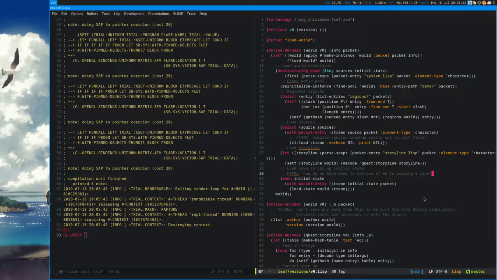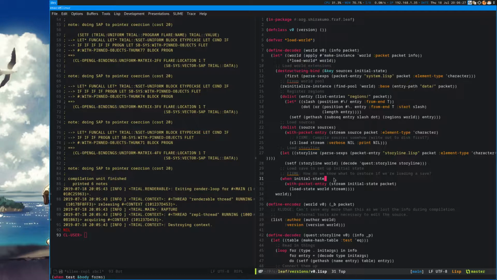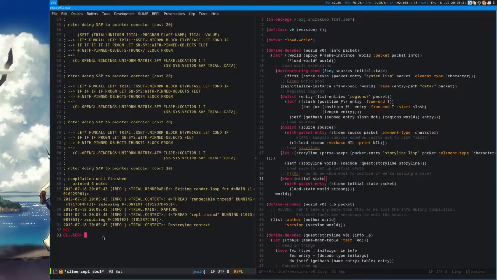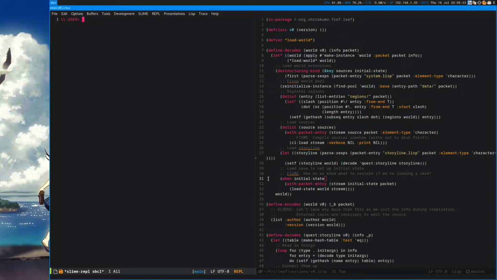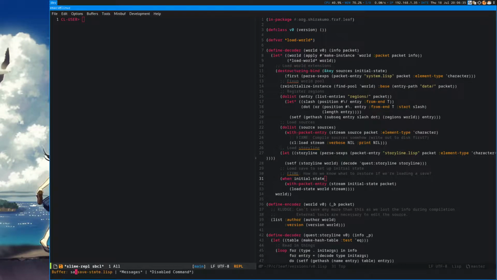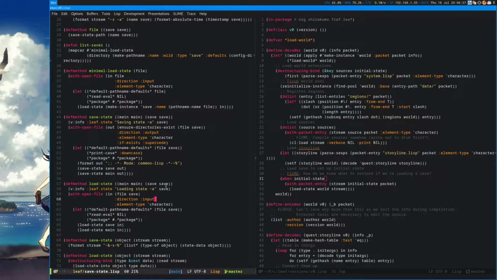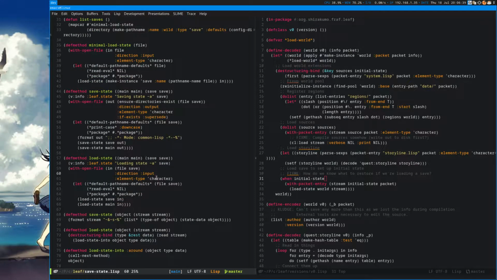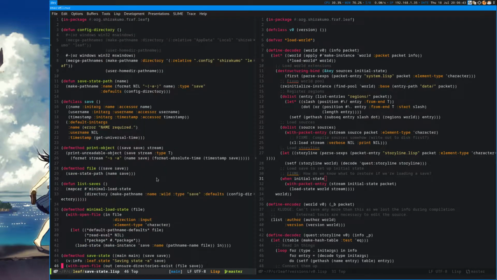And I'm not sure if this initial state should just... actually, no, it can't work like that either, because the save state... yeah, this is something I haven't thought about really.